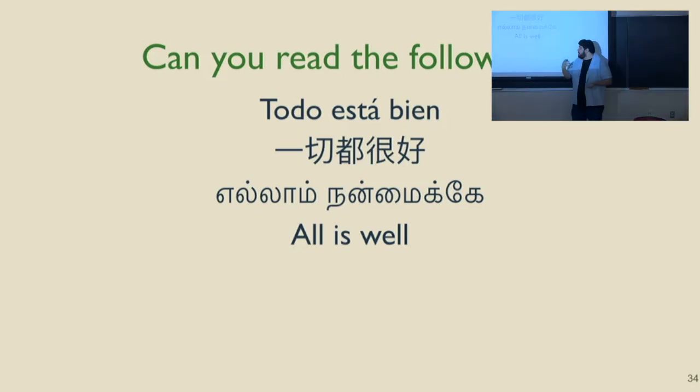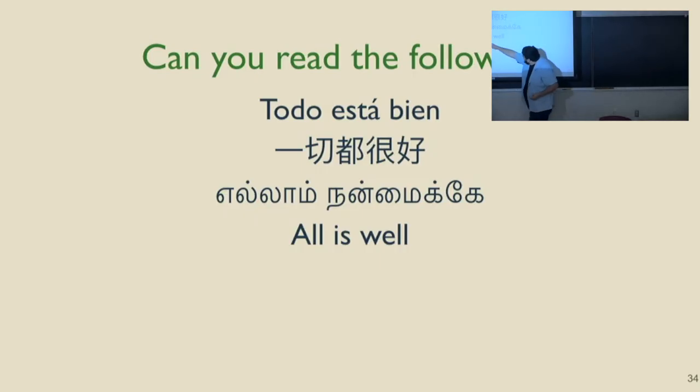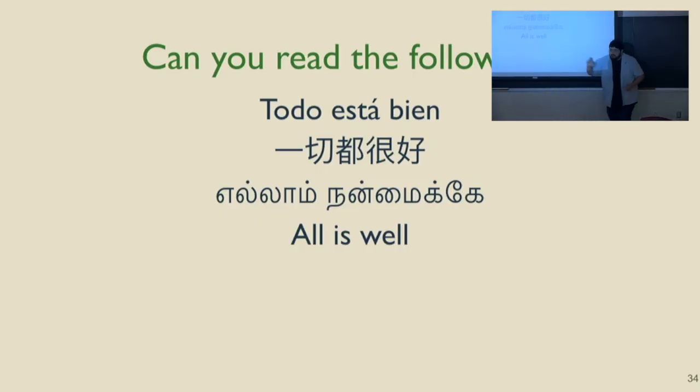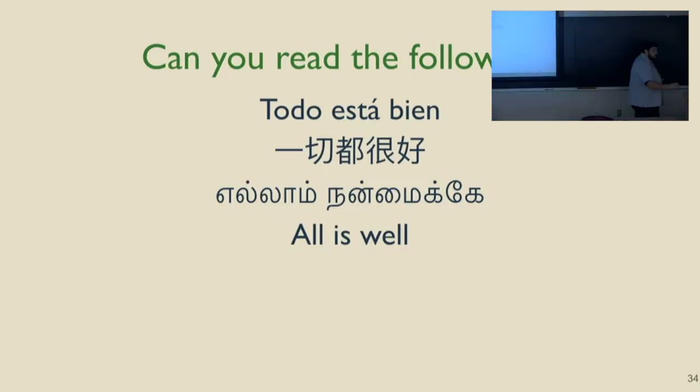We as humans may know one of these, may know none of these, or may know a couple of these, but basically a lot of us know at least one natural language in which we can read and say A-L-L space I-S space W-E-L-L, right? And we can read and understand this. But a computer